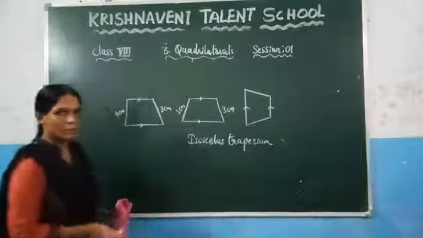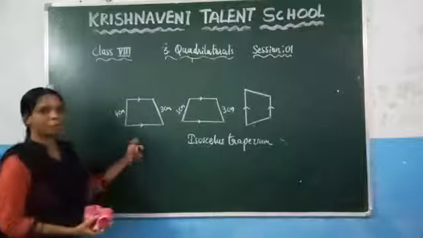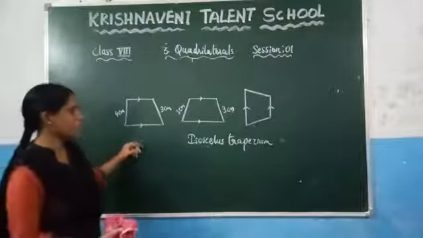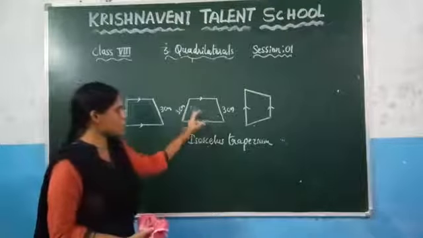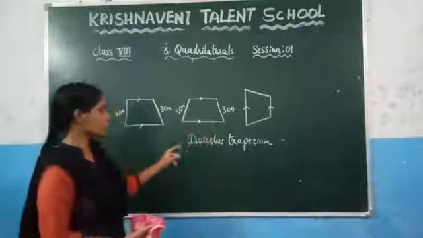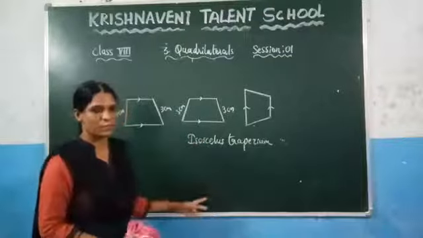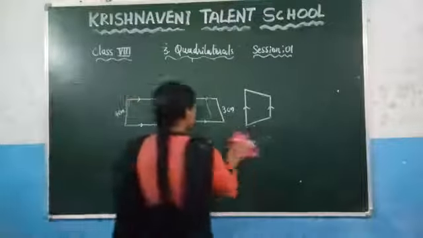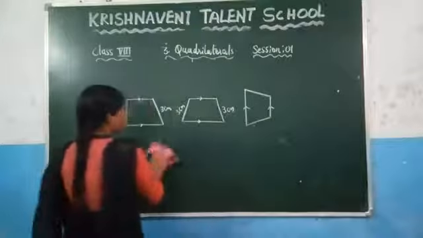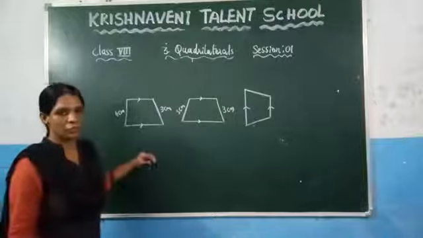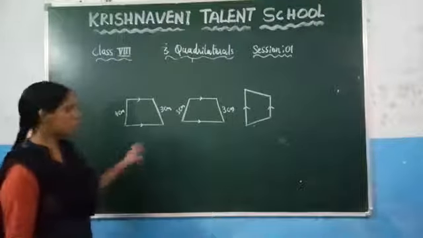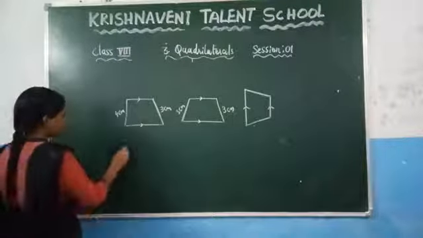So what is meant by a trapezium? In a quadrilateral, if one pair of sides are parallel, then we call it a trapezium. And if in a trapezium, non-parallel sides are equal in length, we get a special case that we call an isosceles trapezium. This is one type of quadrilateral. Next, we are going to discuss the next type of quadrilateral. Here we are going to discuss 6 types. This is the first type. Now see the next one here.